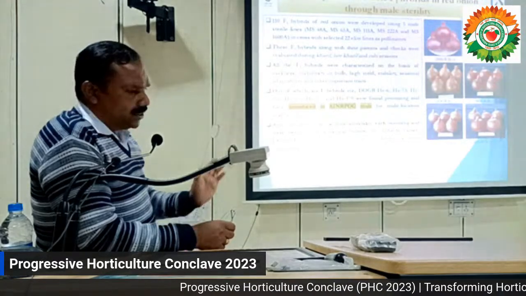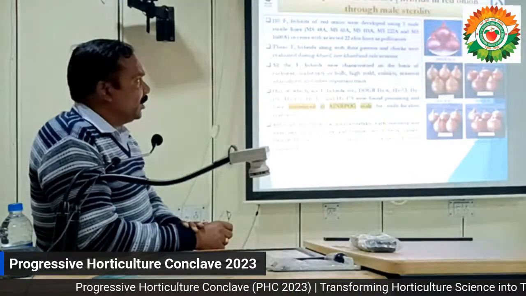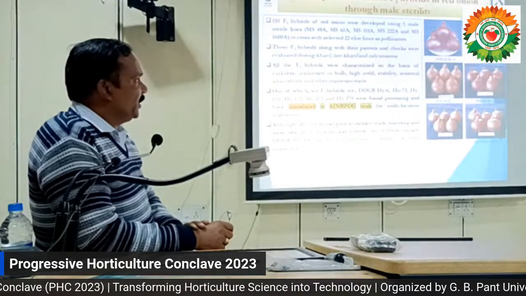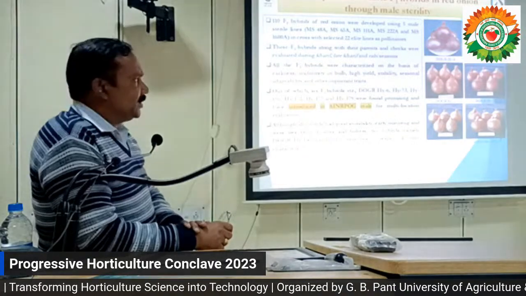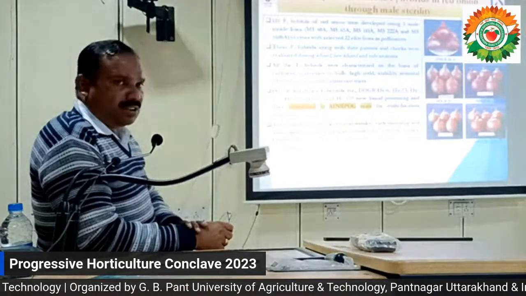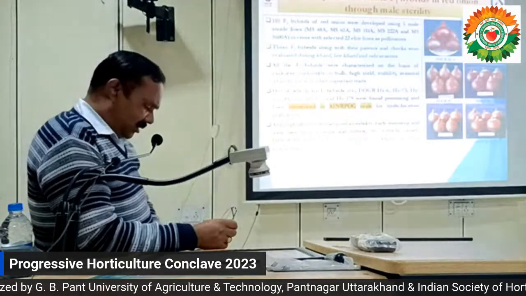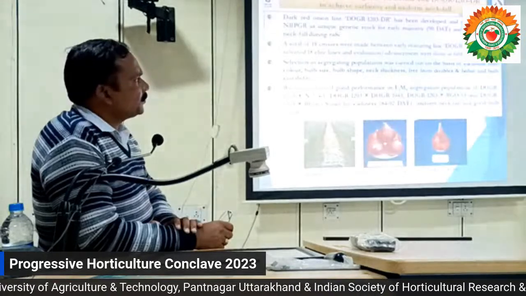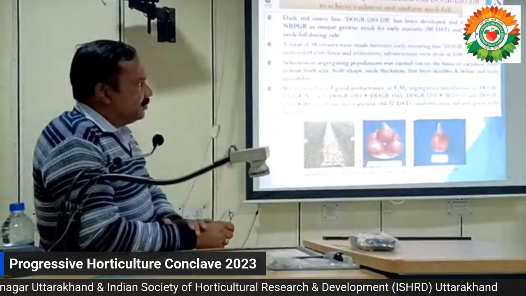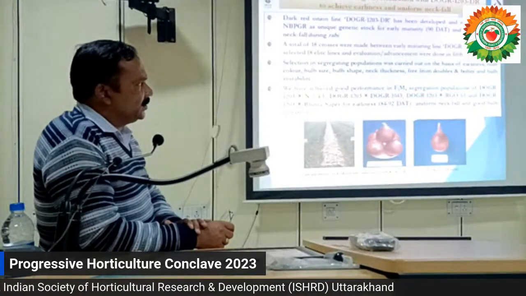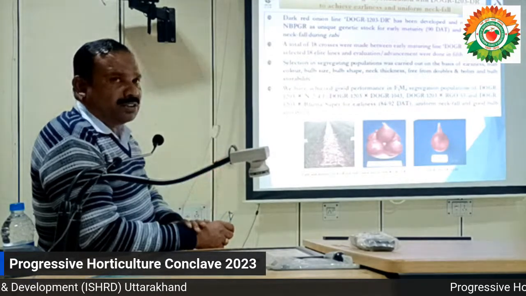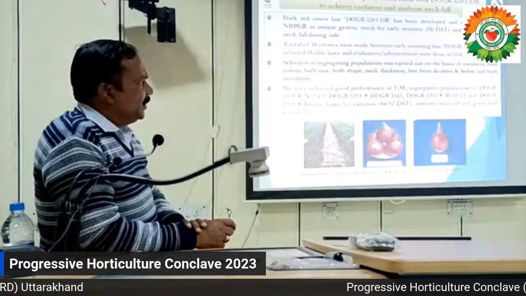Now, in addition to open pollinated varieties, we are also working on F1 hybrids and have developed several hybrids using 5 male sterile lines, and presently we have 6 F1 lines under multi-location evaluation trial through the network. We have also developed 1 early maturing line which has been registered with NBPGR as a genetic stock, which is used for development of early lines.